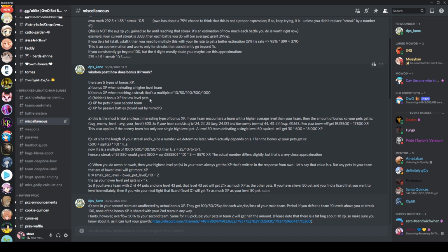What this means is, if you have one low-level pet in your team compared to the other pets in your team, then it gets more XP than the other ones. As it says, it is hidden. The highest level animal in your team will always get the amount of XP that it says at the bottom